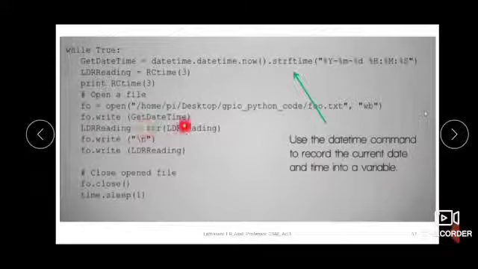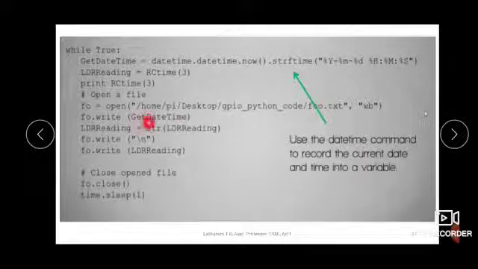What are we writing? Get date time. What we have accepted here in this format will be written onto this file. Then LDR reading equal to STR of LDR reading. What is this? The reading value which we have received from the function will be converted to string format and stored in LDR reading. This is just string conversion, and then we write a \n.